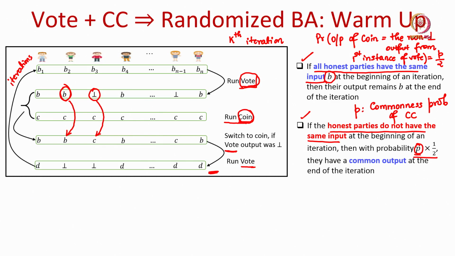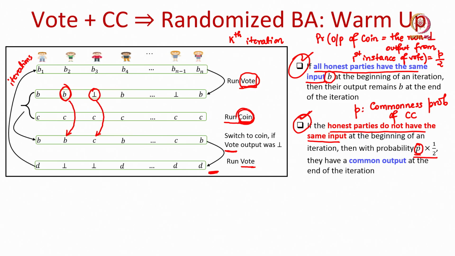So, the basic idea behind this framework was that, remember, for the BA we need to satisfy validity and consistency. Validity means if the parties start the protocol with the same input, then this first property guarantees that they have agreement on that input throughout the protocol, that never gets changed during any of the iterations. Whereas, to get the consistency or the agreement property, for the case when the honest parties start with a mixed bag of input, we basically